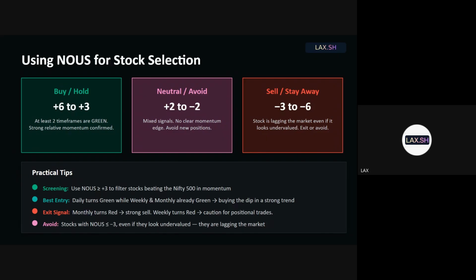Okay, and if the score is -3 or below, then it is avoid stock. Even if it is undervalued, don't look at it. Why? Because if something has to become a multi-bagger, the first stage is news has to turn green. It is possible that the stock might double or triple or rally 50%, and only then news will turn green. But that cost is for confirmation. You have to pay for some confirmation.